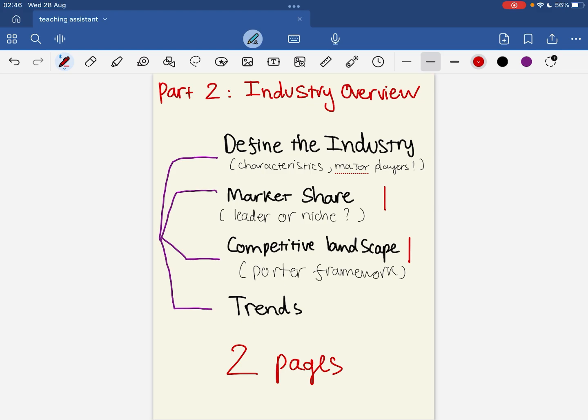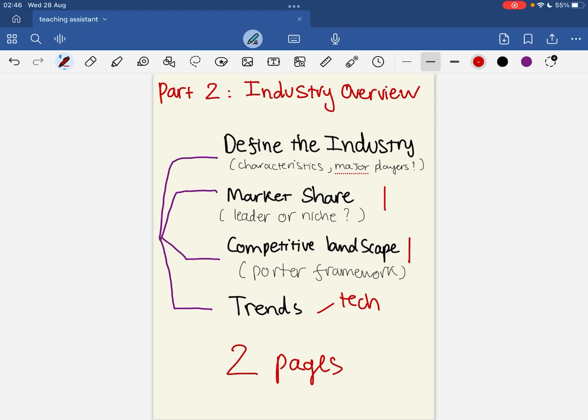How are they navigating these challenges? And additionally, explore any kind of emerging trends in the industry. Are there technology advancements or shifts in customer behavior that could impact future growth? I think the industry overview is critical in understanding the external environment in which the companies operate, which can heavily